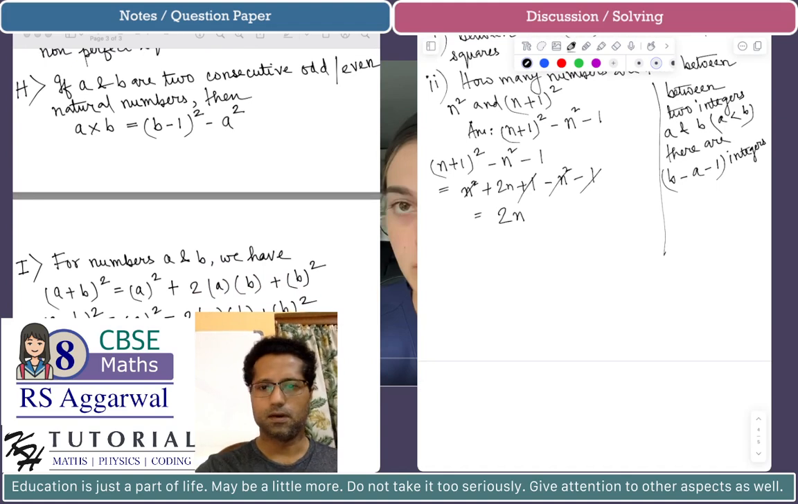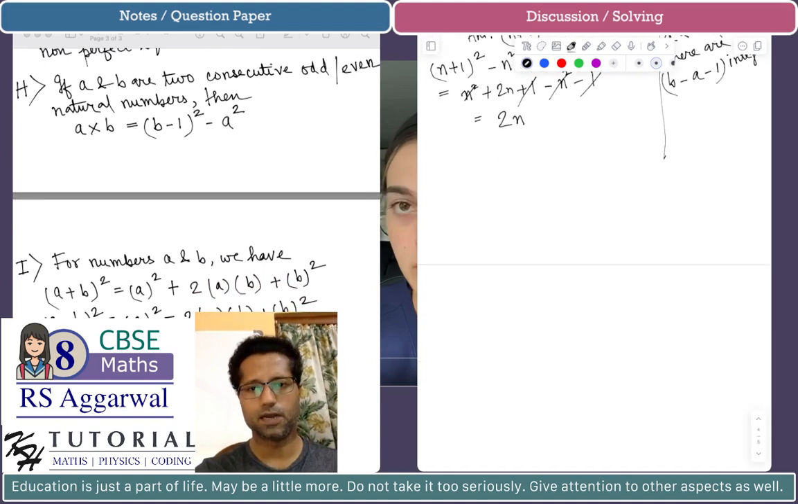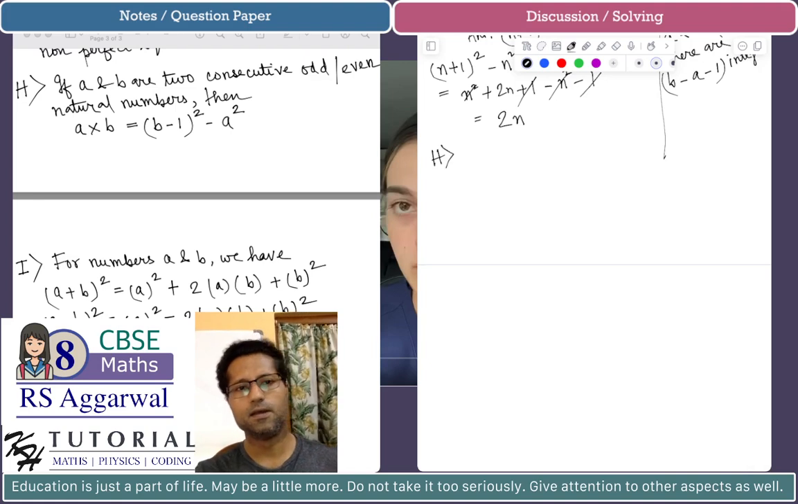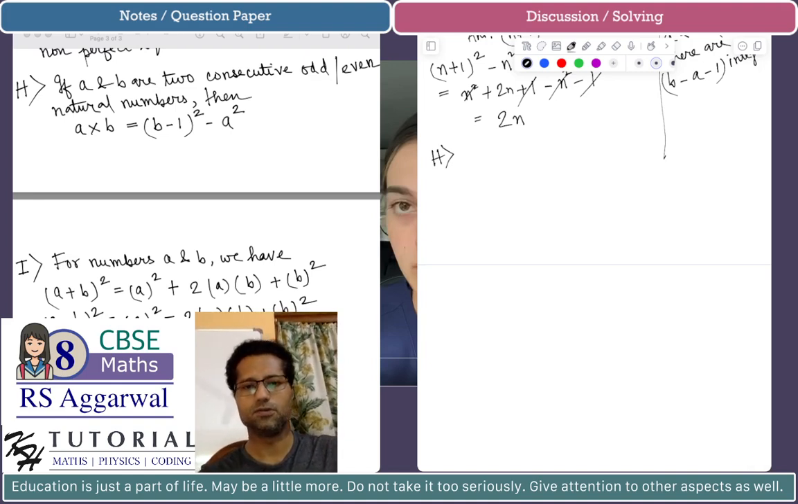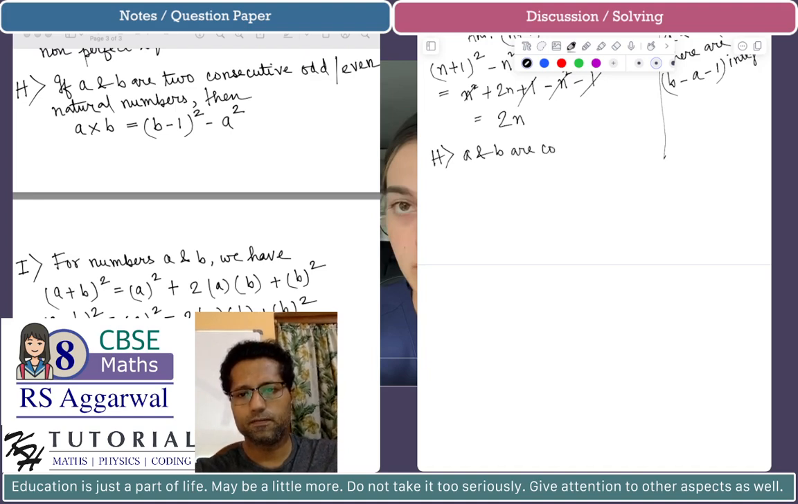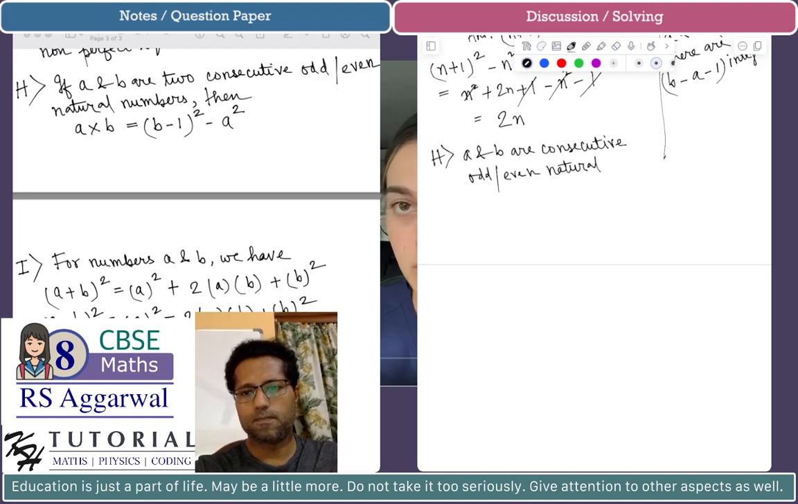Property H. This is also a very nice property. Property H says that if a and b are consecutive odd natural numbers or consecutive even natural numbers, it can be odd or even natural numbers,